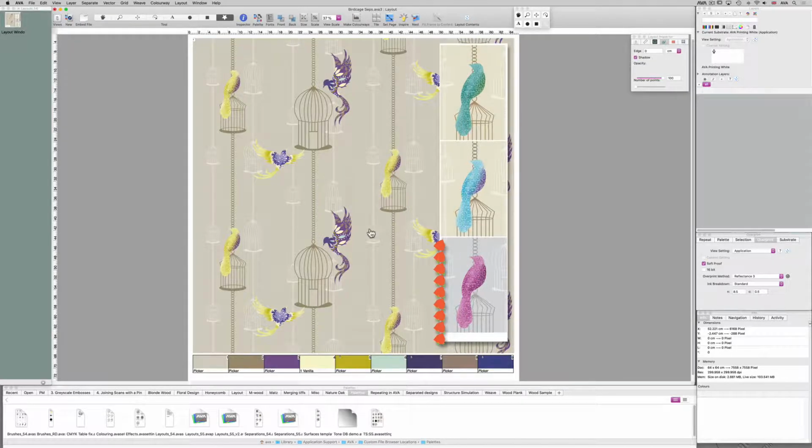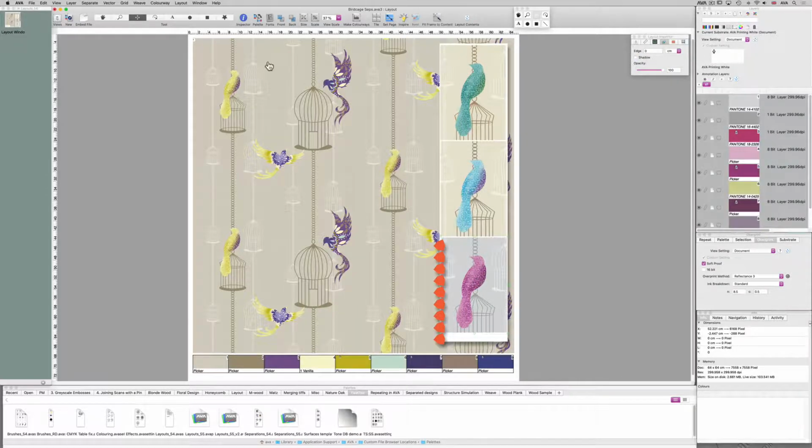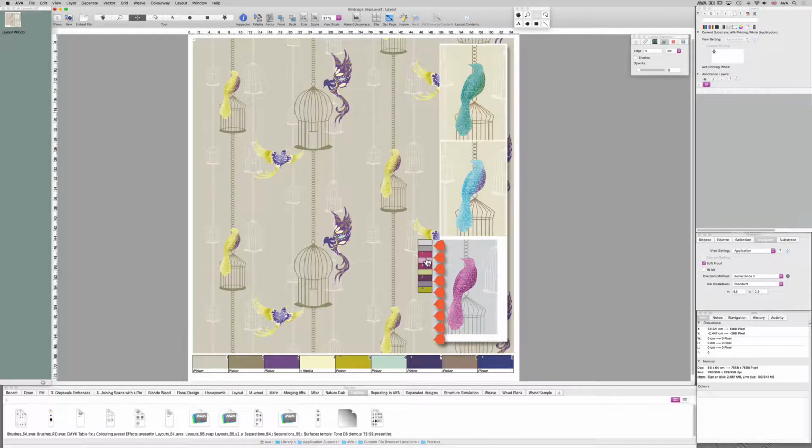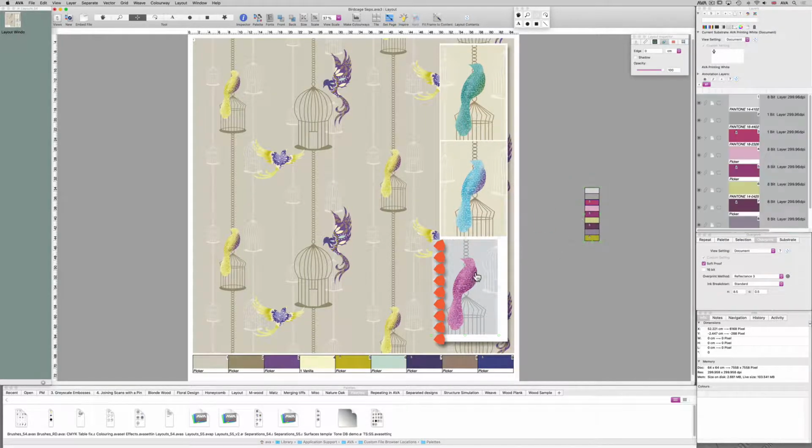Then I want to add the colors from the actual colorway. So I'm momentarily going to add the palette to this object. So I need to select the object. So click on this select tool here, click on the object, go to the layout menu and select make palette. I'm going to move that on its own. Just drag that out like so, just pop this colorway back in place,